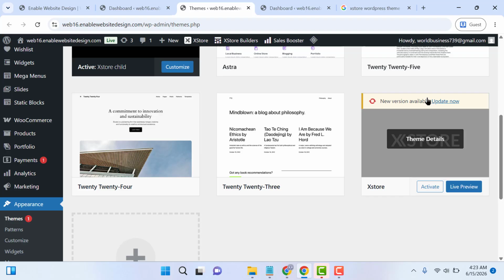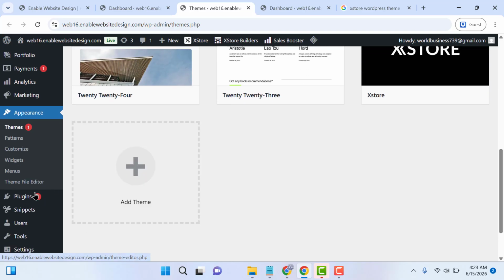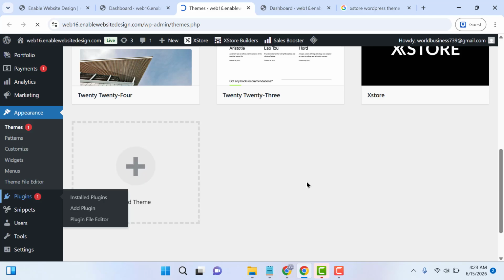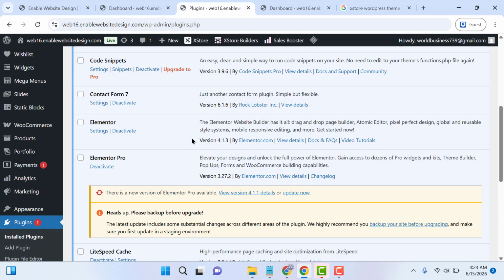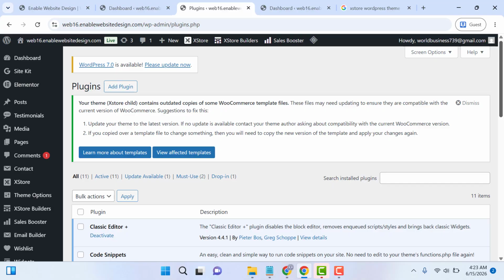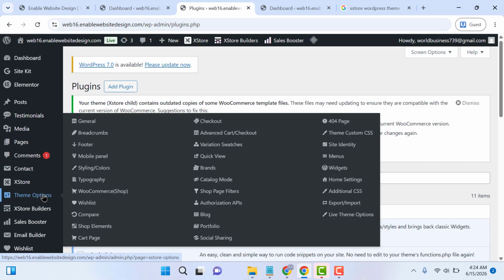First of all, make sure that you have updated your WordPress theme. After that, you can go to Plugins, then you can update all of the plugins from here. I have installed Elementor. Now the next step is you need to go to theme files, theme options,